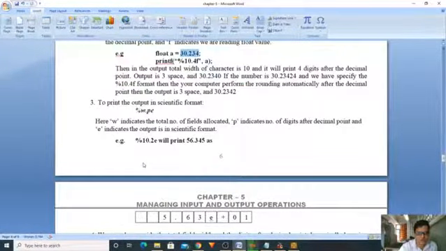We will see that. Okay, and while coming to scientific notation, we will follow %w.pe. W stands for width and p stands for precision. After the precision you specify the symbol e. So here %10.2e, within the 10 width, 2 values as precision numbers, and it should be followed by e. For example, if I take 56.345, then how will it be printed?